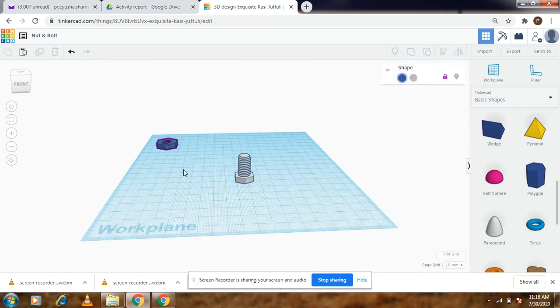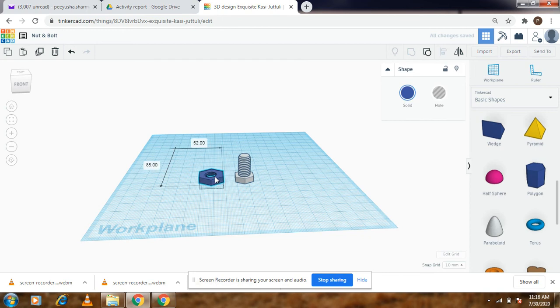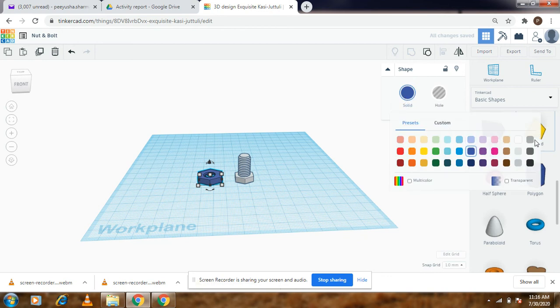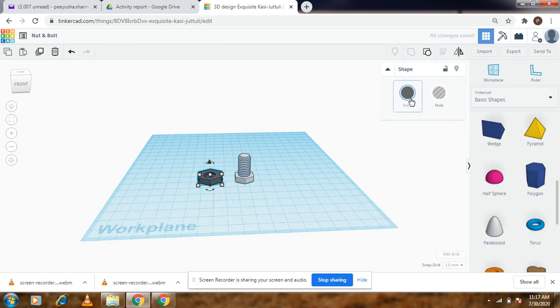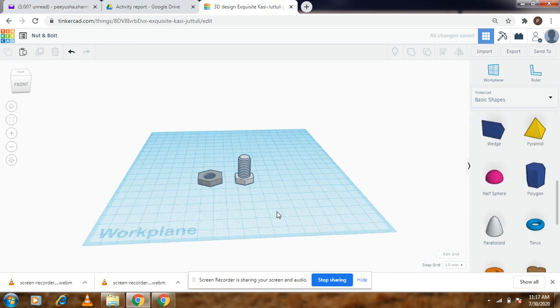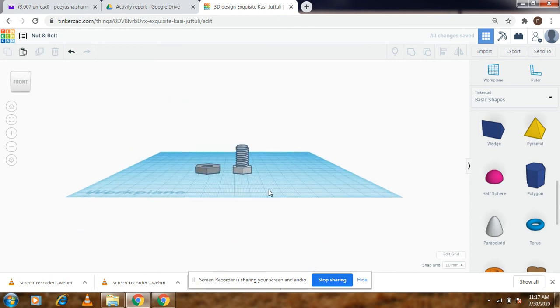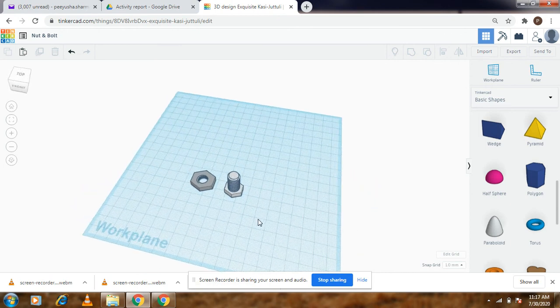So this here is our bolt. We will unlock the dimension changes to the nut, place both of them together, and we can maybe change the color of this particular bolt to a grayer version of it, to give more feel of that of a nut and bolt.